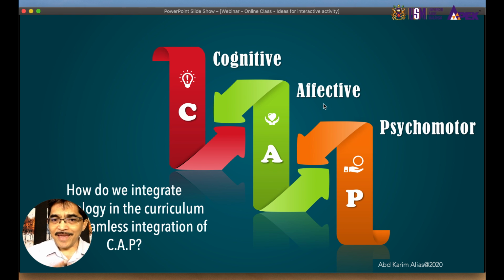Because when we talk about engaging the students by creating all these learning activities, engagement is actually a very broad topic, but basically